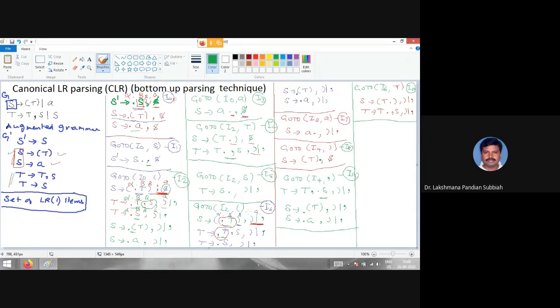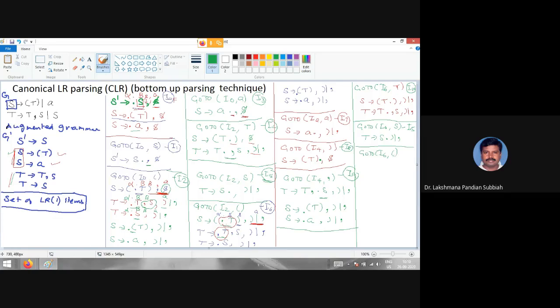I4, I6 comma T is over, then I6 comma yes. Go to I6 comma yes. So we are getting now T derives S dot close comma. T derives S dot close comma is there, right? So this is I5. So no need to go for a new state. So this is I5 only. Then I6 comma open bracket. Go to I6 comma open bracket, right?